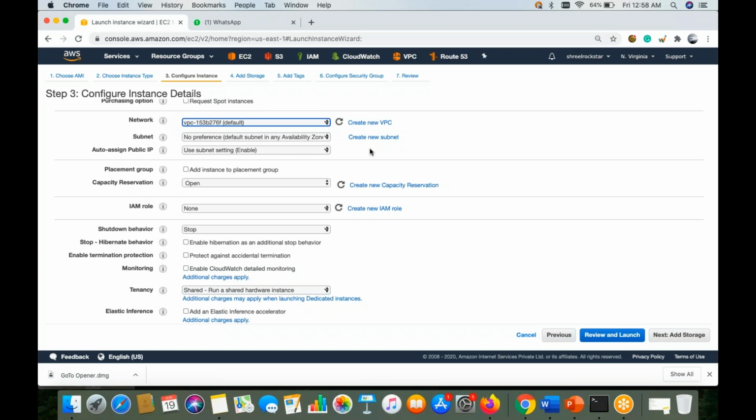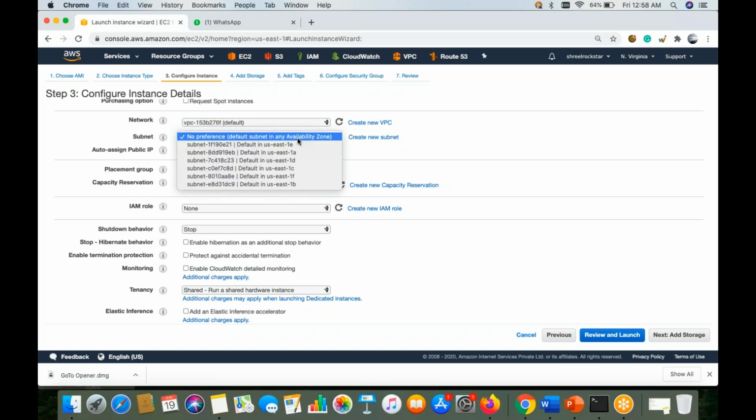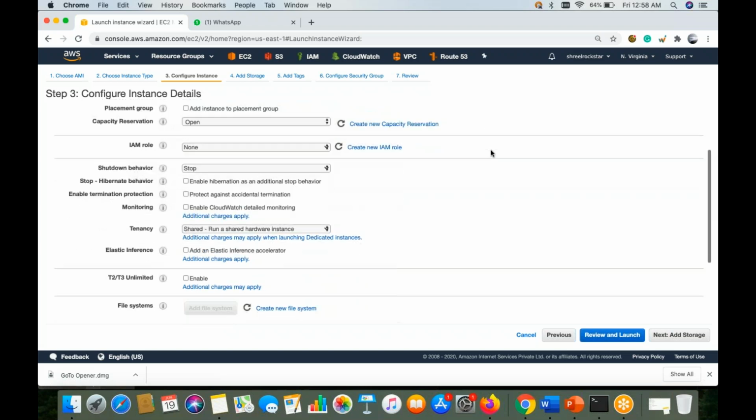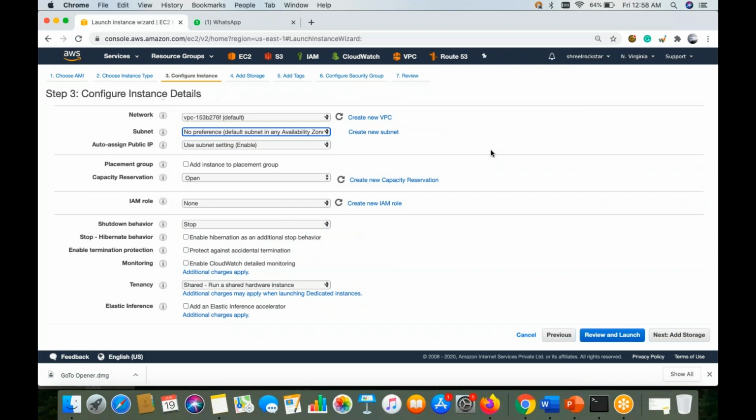Okay, so I'm not going to change anything here, just going with the default. We are not looking at high availability this time, just simple, I'm creating one Linux machine, that's it. Okay, so yes, I need a public IP. I'll give you guys an idea what exactly these are, but this time I'm going to use the public IP, which is a simple dynamic IP, right?